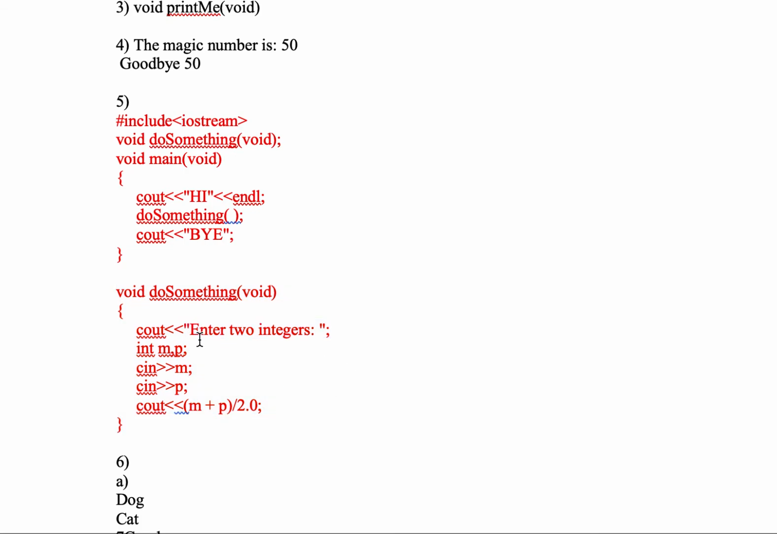So we have doSomething says you're going to have the user enter two integers. I'm going to enter them into M and P. I'm going to output the average. Remember, I can either cast this. We're talking about two doubles, so I want to make sure